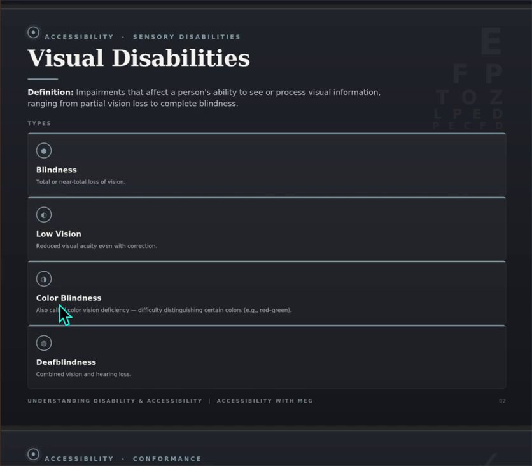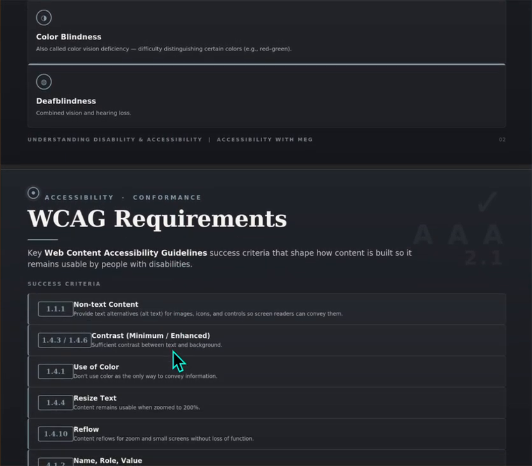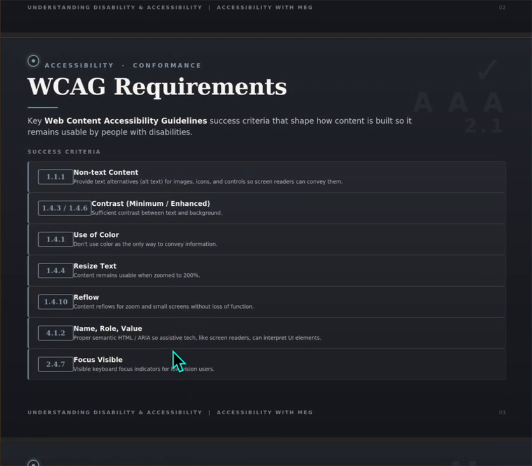color blindness. So, color vision deficiency, basically. So, difficulty to distinguish between certain sets of colors like red and green, etc. And deaf blindness is a combined vision and hearing loss. So a person with deaf blindness cannot see and they cannot hear. Okay. Coming down to the WCAG requirements, you have things like